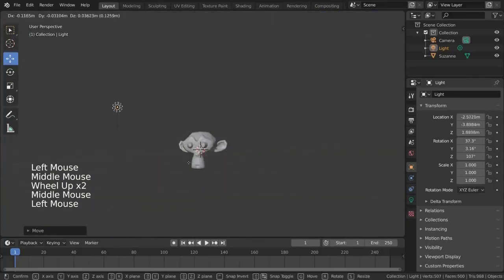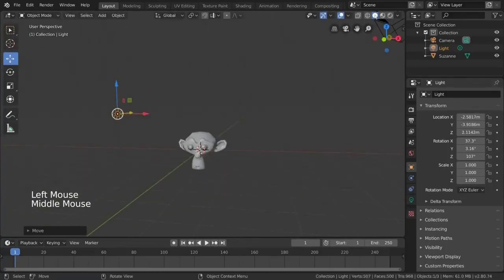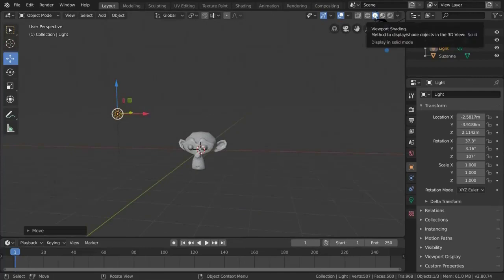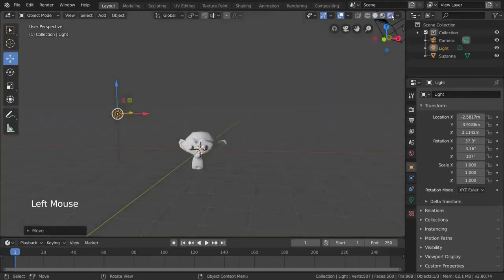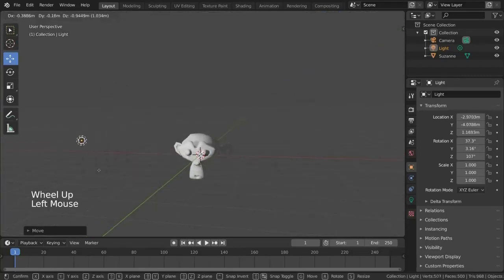That's because we're in solid mode. To see how our light actually will look at render, let's go ahead and change our viewport to rendered mode. You can do that by going to the top right and clicking the rightmost sphere, or pressing the Z hotkey and using the pie menu. Now that we can see the effect of our light on the monkey's face, we can adjust the light a